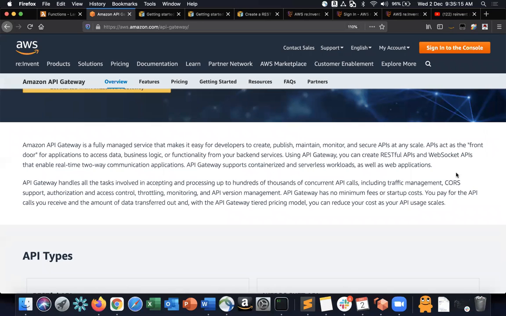Okay, so APIs act as a front door for applications to access data, business logic, or functionality from your backend services. Your backend services are nothing but your Lambda functions, right? Or your backend services can also be your own application functions, such as APIs you have built using Spring Boot, Python, Node.js, or .NET, which are running in, say, EC2 instances or in containers. They're also backend services. Using API Gateway, you can create RESTful